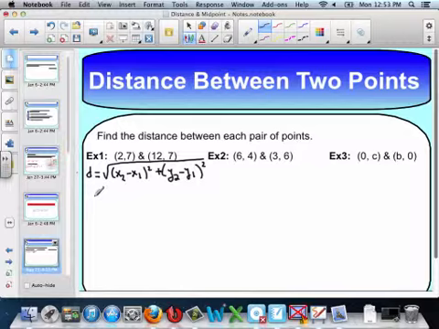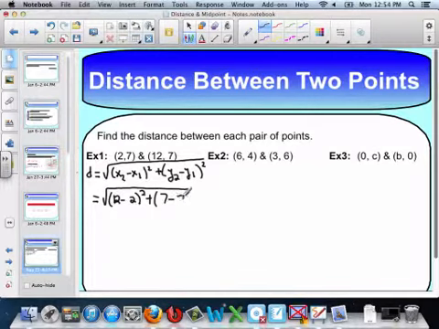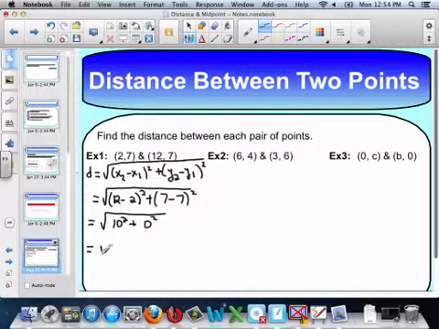All right, so that's our formula. What's my x2 value? 12. My x1 value? 2. Okay, so I got 7 for my y2 and 7 for my y1. Okay, what is 12 minus 2? 10 squared plus what's 0 squared? 10 squared is? Therefore,